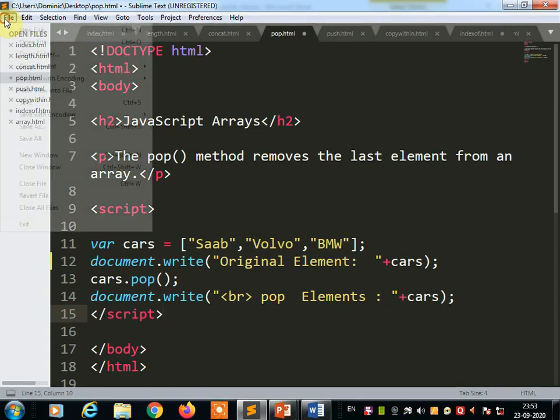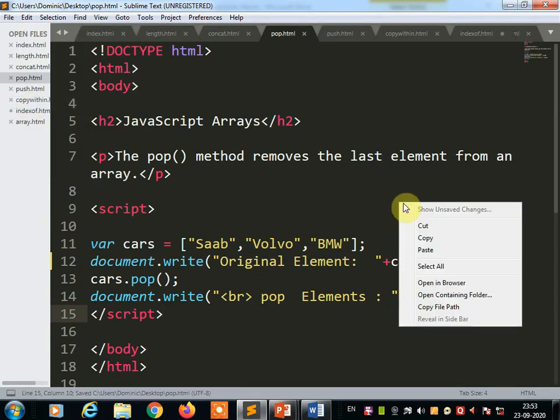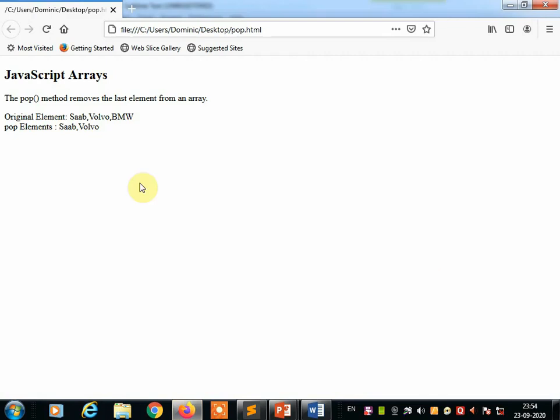Save this program and open the browser. Once you open it in the browser, the original list of car names was Saab, Volvo, BMW. In this, the BMW car name, that is the last element from the array list, will be removed and it displays only the Saab and Volvo names. Means this removes the last element. So this pop method removes the last element from an array. Okay, so next,